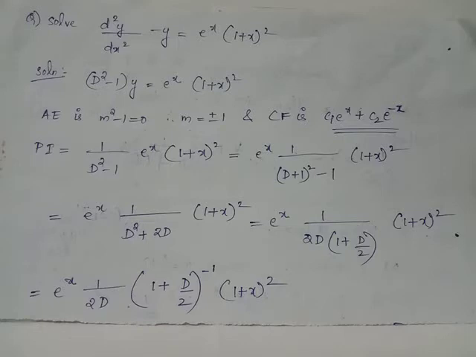Auxiliary equation will be obtained by replacing capital D using m and equating the RHS to 0. Thus, auxiliary equation equals m square minus 1 equals 0. We have m1 equals minus 1 and m2 equals positive 1 as the roots of the auxiliary equation. Hence, the complementary function will be c1 e raised to x plus c2 e raised to negative x, where c1 and c2 are arbitrary constants.